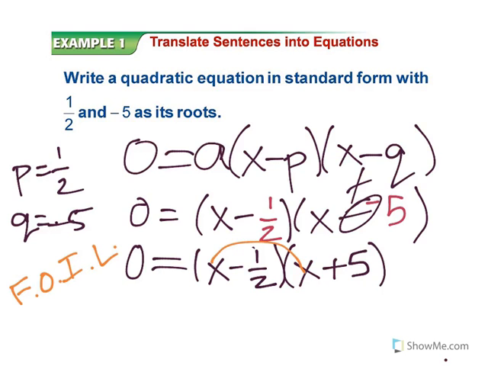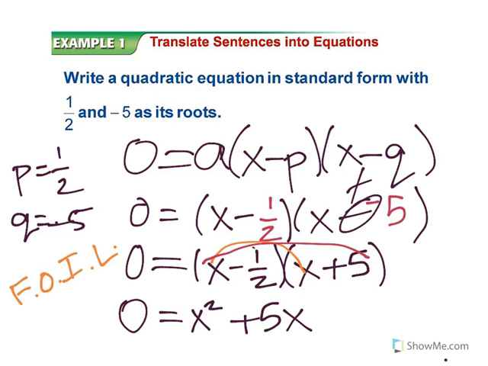We're going to take our first terms, and the product of that is 0 equals x squared. Then we're going to take the outer terms, so x times 5, it's going to be positive 5x. We're going to take our inner terms, so -1/2 times x, which is minus 1/2 x. And then we're going to take our last terms, so -1/2 times 5, which is